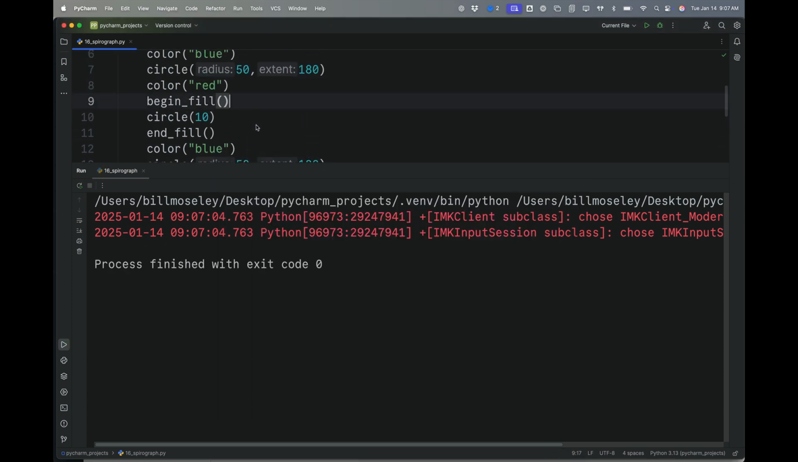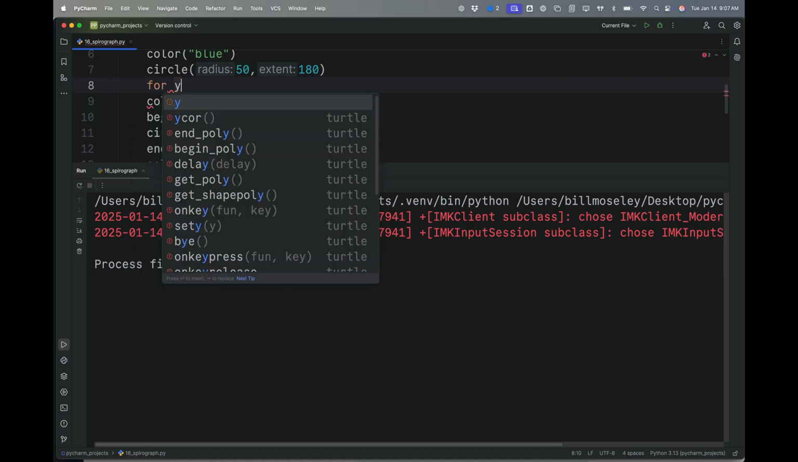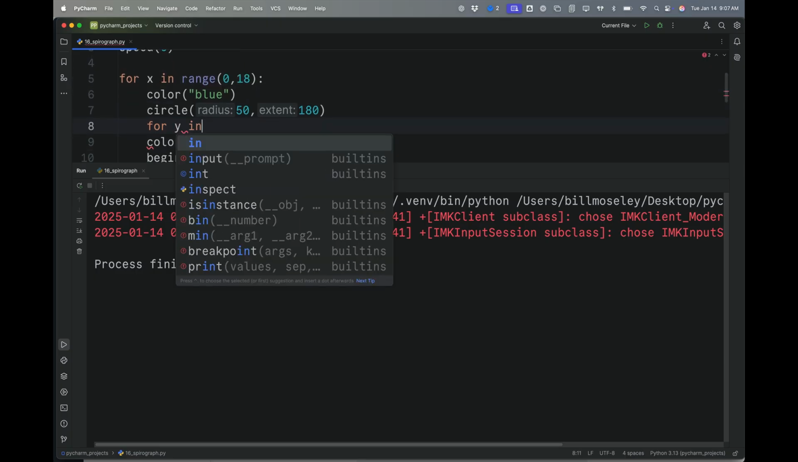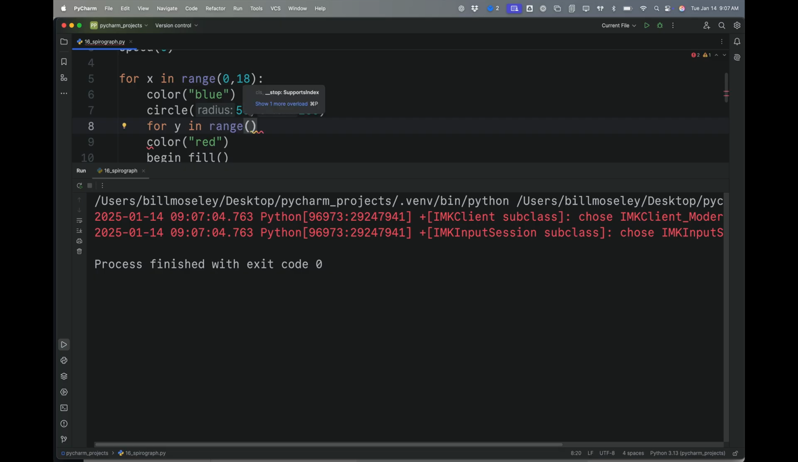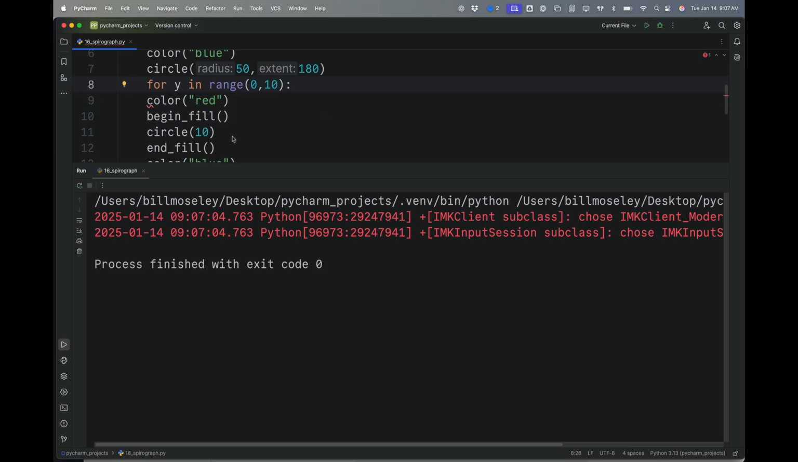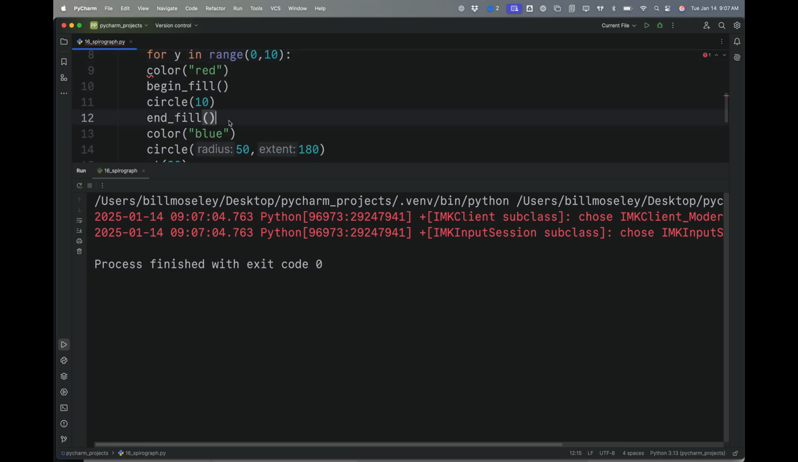And if I wanted to, I could put another loop here for y. Since the first one is called x and this one's called y, I'm just going to make sure that they don't have the same name, the variables. And this range is going to be 0 to 10. And then I'm going to say